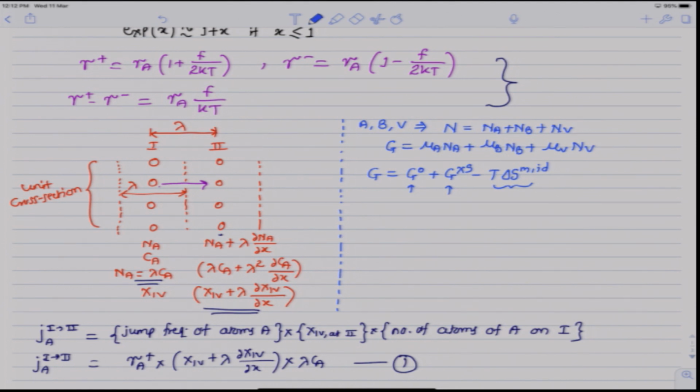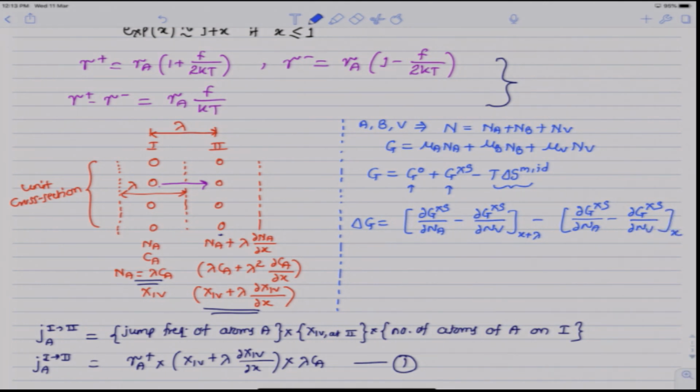Now, when an atom is jumping from 1 to 2, the driving force associated with this jump will be related to the change in Gibbs free energy only because of the non-ideal part, and so we can write the change in Gibbs free energy as the atom of A jumps from 1 to 2 as delta G is equal to dou Gxs by dou Na minus dou Gxs by dou Nv on plane at x plus lambda minus dou Gxs by dou Na minus dou Gxs by dou Nv at the